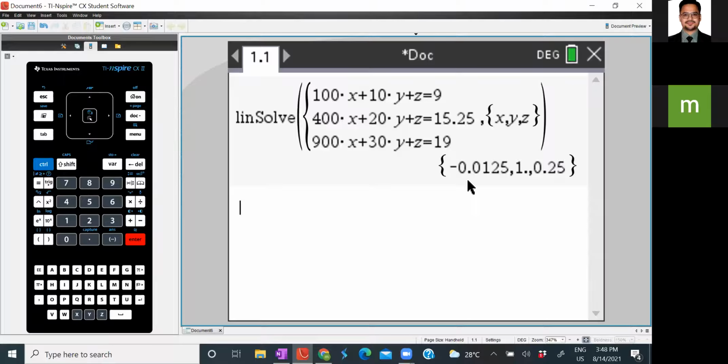You see the first option which says minus 0.0125. This represents your x value. And you see the second option which represents 1. This represents your y value. And the last one represents your z value. That means you are able to generate your equation. So what would it be?